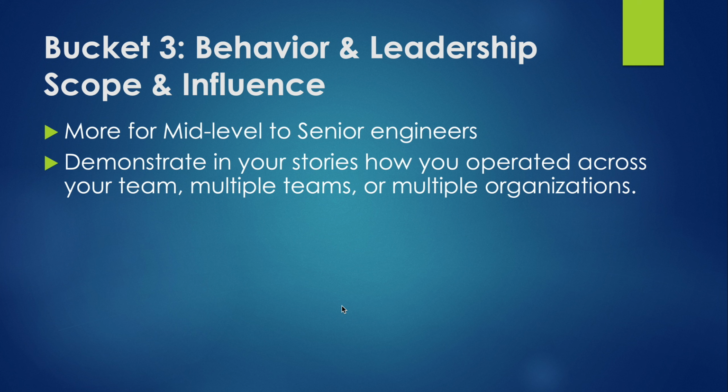The next thing is scope and influence. Again, it's more for mid-level to senior engineers. What you want to do here is, in your stories, whether it's about work ethic, right, or any of the future topics I'm going to talk about in this bucket, demonstrate your scope, right? If you're a mid-level engineer, you want to demonstrate how you operated, influencing across your team. You put in best practices, you led mechanisms for your team, you improved your team's operational excellence. If you are going for a more senior engineering role, then maybe you want to demonstrate your influence across multiple teams, architecture, right? And if you're going for principal or staff, then you want to show how you